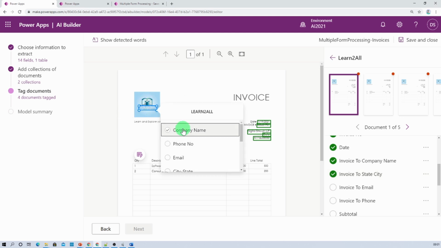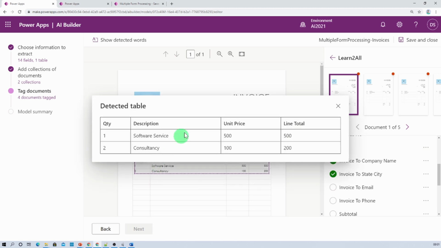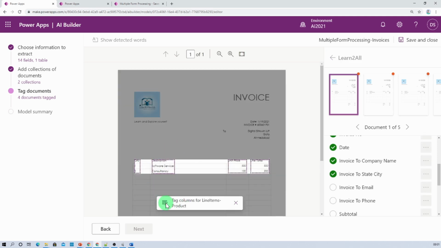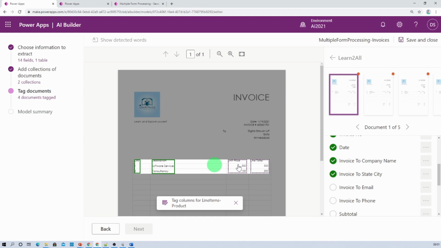This is the name of the company that has been detected from this logo. This is the table. So let's check the preview of the detected table. So let's tag this table, and in a similar way let's tag the columns: quantity, description, unit price, and line item.